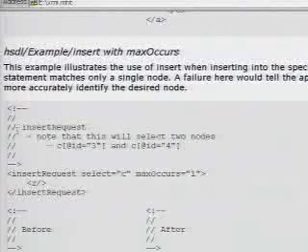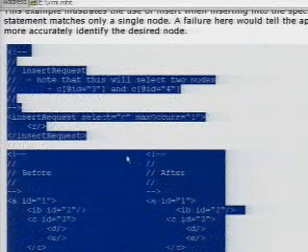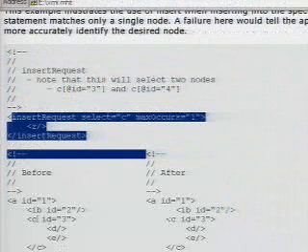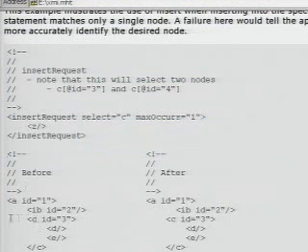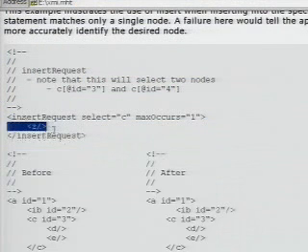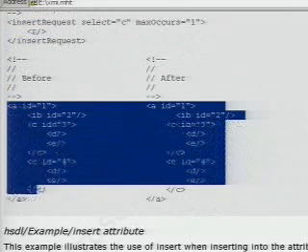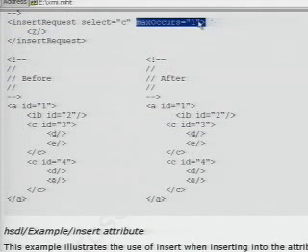So in this next example, let me see if I can get it up here. Here's another insert request. And this time we want to be a little bit more specific with which nodes we're actually going to tackle. In this particular case, we say we only want to do this if max occurs equals 1. So that is to say that I'm going to select C, and there better only be one C here. And so I'm trying to insert Z in node C. As you can see down here, here's the before. I'm trying to insert this node Z into somewhere in C, and you can see by the data over here that there's actually 2 C's. But we've said max occurs equals 1, so we're saying that by God there will only be one match there.